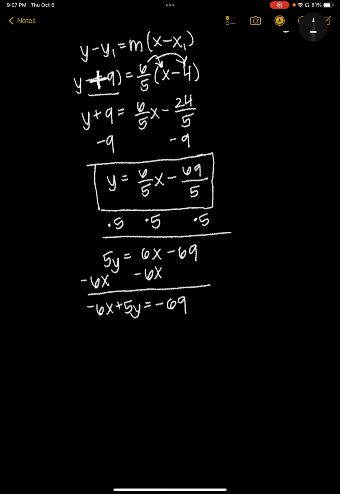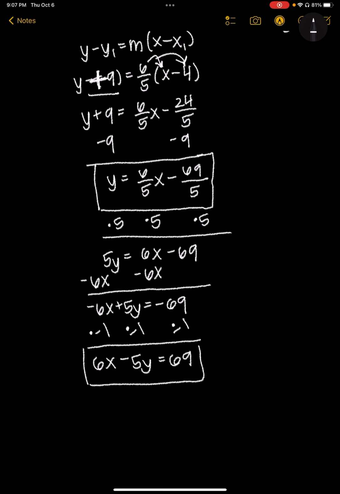I don't like that there's a negative in the front, so I'm going to multiply everything by negative 1, which just flip-flops all the signs. So I get positive 6x minus 5y equals positive 69. And this is my final answer. There we have it. Writing linear equations, part